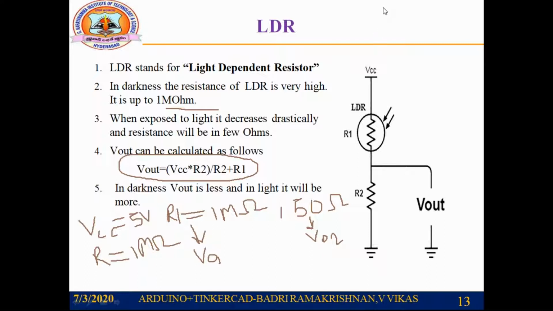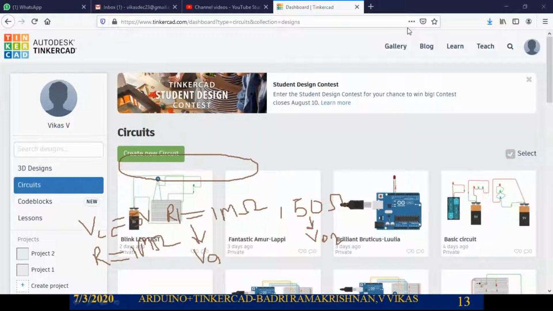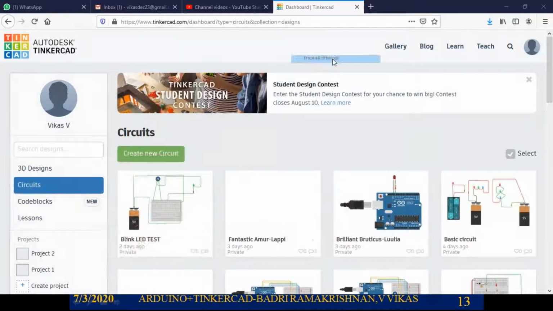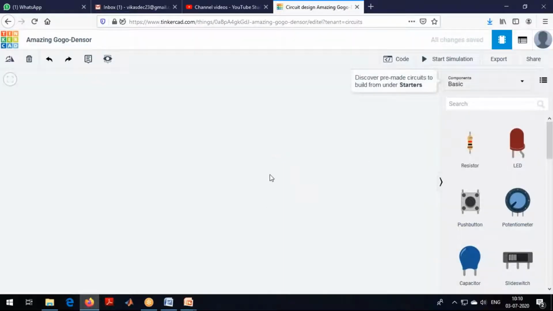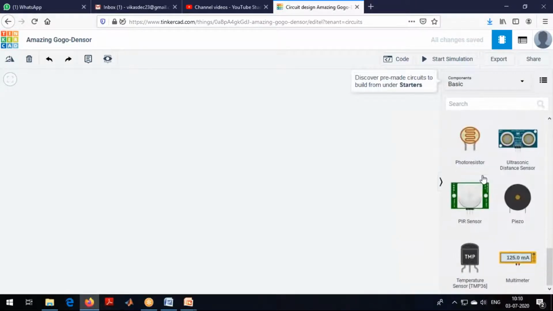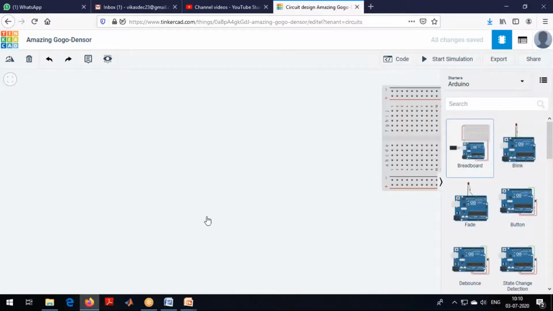Okay, let me go to Tinkercad. I'll go with new circuit. I'll directly take this one.